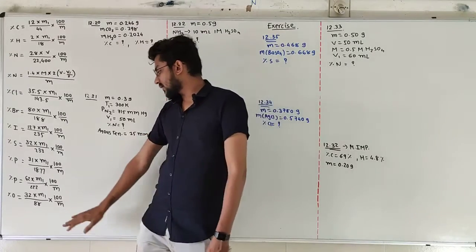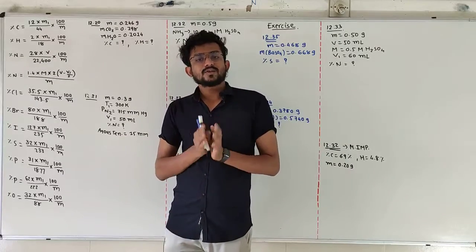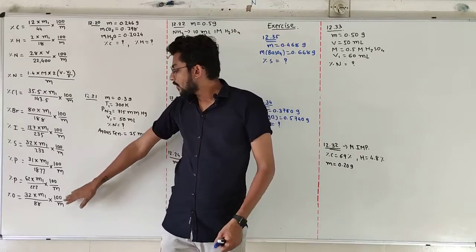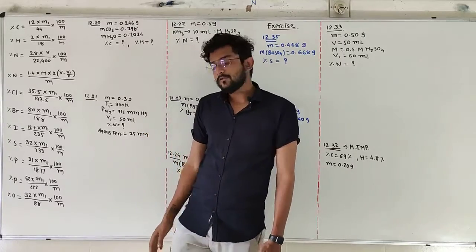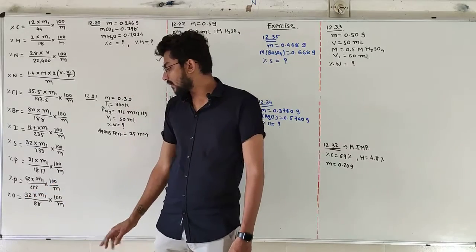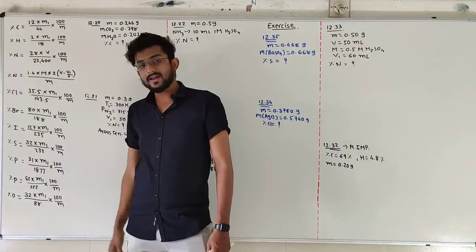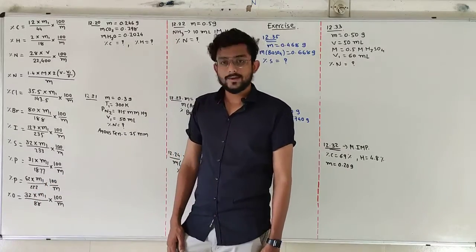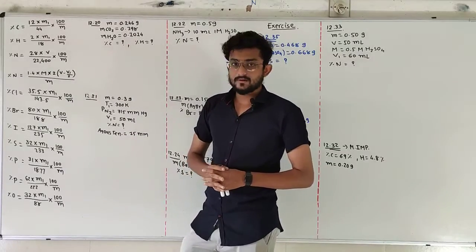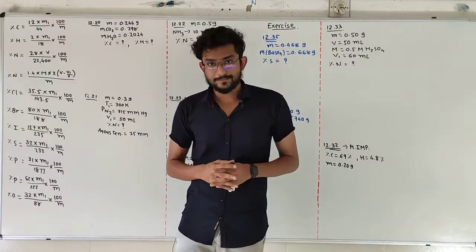And in the last, the percentage of oxygen can be calculated by two methods. The first method is to subtract every other element's percentage from 100 and we will get the percentage of oxygen. Otherwise, we can use the I2O5 method, from where we obtain the formula 16 into M1 divided by 44 into 100 by m. The original formula will be 32 into m1 divided by 88 into 100 by m. So those were all the formulas we derived in this chapter, and we will use these types of formulas today to calculate our 9 different sums.